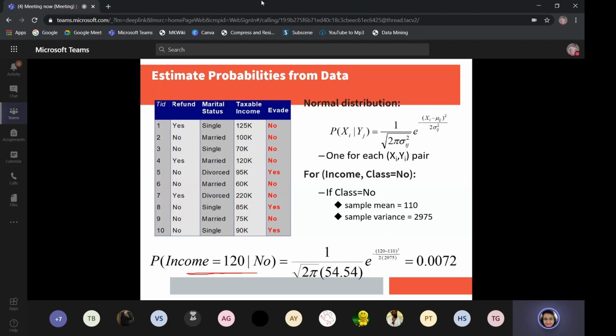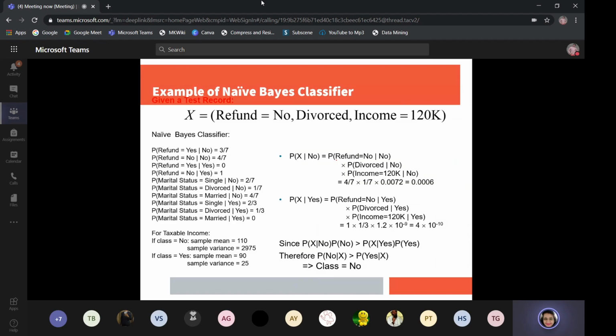And in practicals, you have different functions to estimate the probability of a Gaussian distribution. And that's why I gave you in that example replace all the NA values by mean, because all these things come in handy when you are estimating the probabilities of a continuous attribute. So same चीज है, x is equal to refund, divorced and income equals to this. So refund is equal to yes, given the class is no.